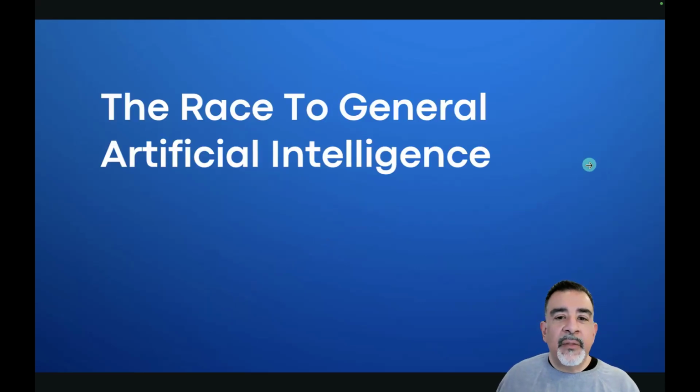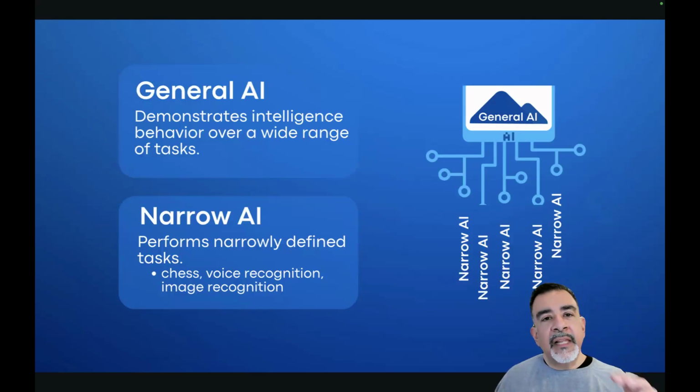So let's talk now about the race to general intelligence. This is something that's ongoing, it's currently happening, and there's seemingly a new model coming out every week. So let's understand what general intelligence is. And the way to do that is to contrast it with narrow AI. So narrow AI, as we discussed in the first module, has to do with doing one particular thing really well, like chess, or playing Go, or voice recognition, but these narrow bands of skill.